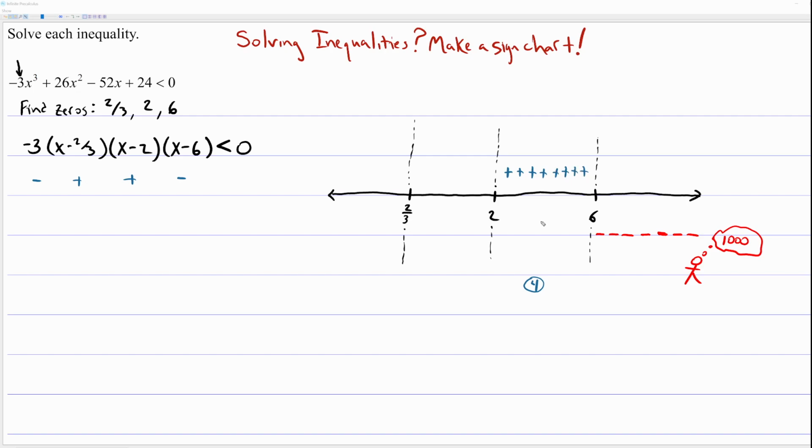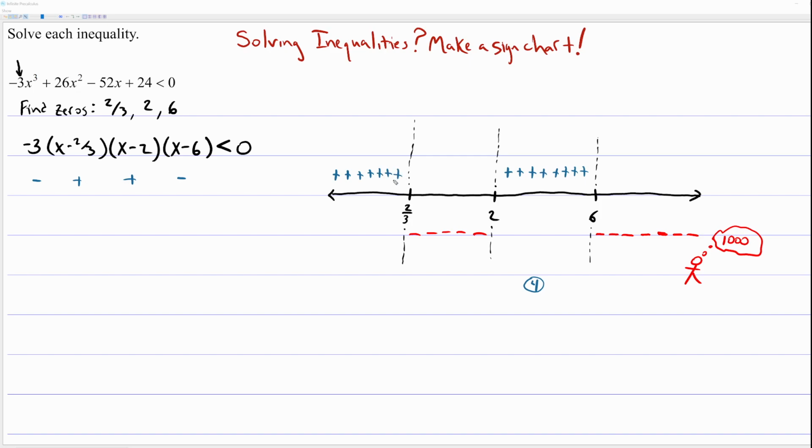Okay. And do the same thing on the next 2 subintervals. In the interest of time, I'm not going to bother you with plugging numbers into factors. It's a really simple operation to perform. Just realize the work is really going on in your head. There's not a whole lot to write down at this step other than the pluses or minuses in the sign